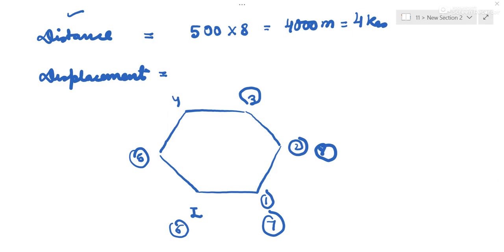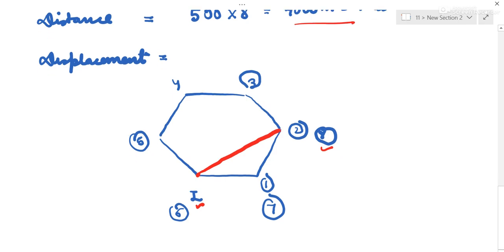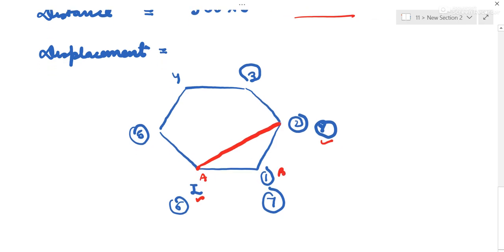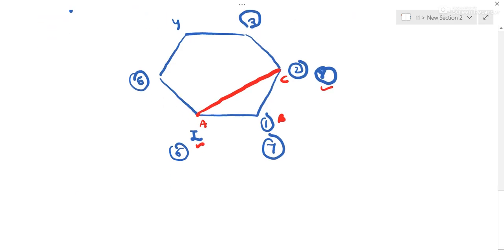So, what is his initial position? This. And where is he now for the 8th turn? Here. Okay, so the distance we have already told is this. And for displacement, the initial position is this and the final position is this. The shorter distance between initial and final position, this is displacement. So we have to find out this. Now we can label it as A, B, C. So AC we have to find out. This was A, B, this is B, this is BC, and this is AC. So AC is the vector sum of AB and BC vector.